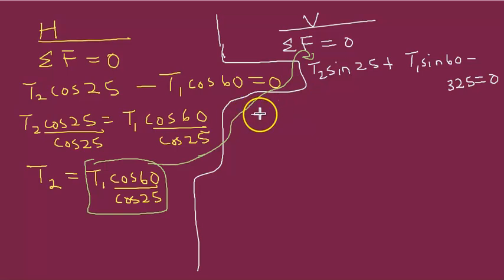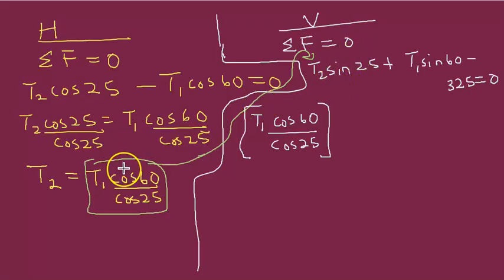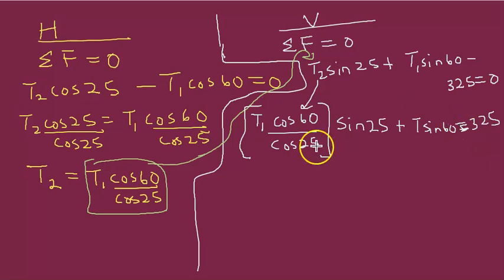So we have T1 cos 60 over cos 25. All of that is T2, but don't drop your sine 25, plus T1 sine 60, and then this is subtracting 325, so I'm going to add 325 to both sides, which is nice because then everything here is positive, everything there is positive. And this is a T1. So then this gives me T1